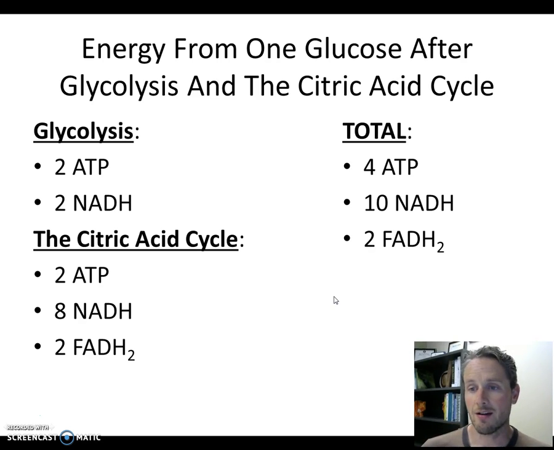So at this point, we have a little bit of ATP energy, but the goal of cellular respiration overall is to make lots of ATP. And so in the next step, in the next video, we'll talk about how these electron carrier molecules, NADH and FADH2, can be used to make a lot more ATP. So we'll look forward to that in the next